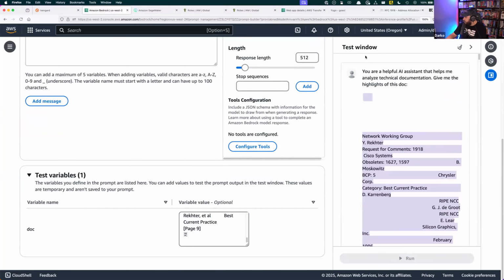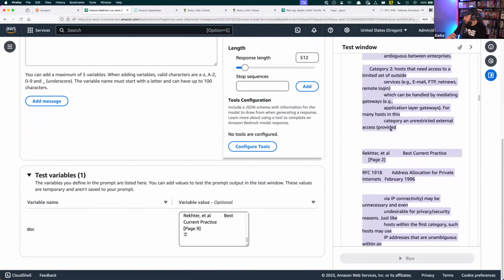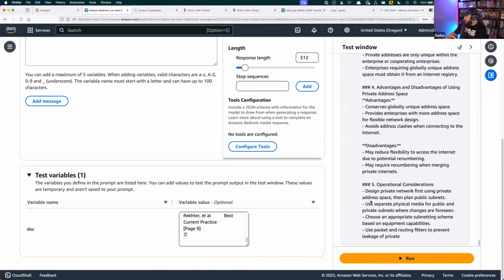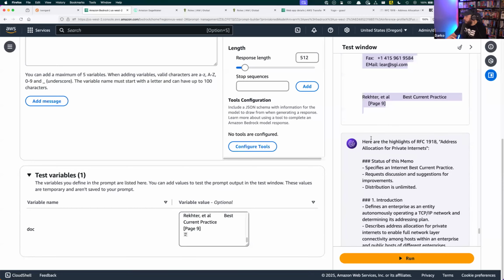So what it did here, it just used that prompt, and at the end it's going to run this right now. It's going to provide the output of this, right? And it says, okay, cool. That's it. That's nothing special, right? That's a prompt. So where's the optimization part here?